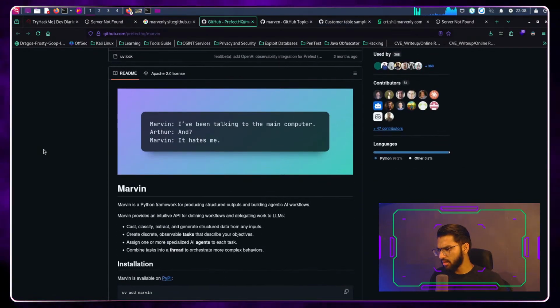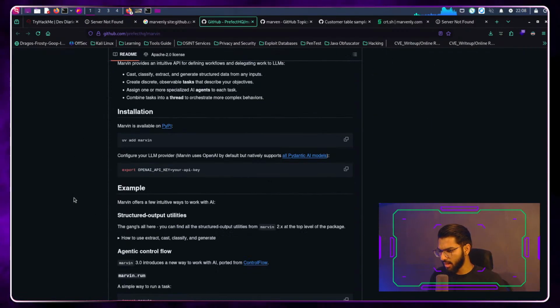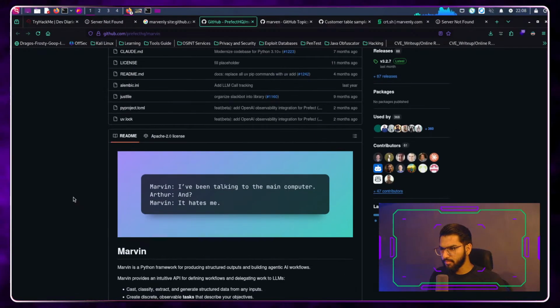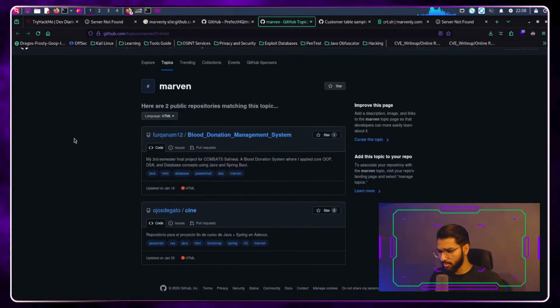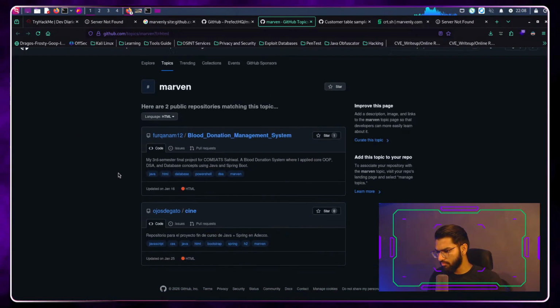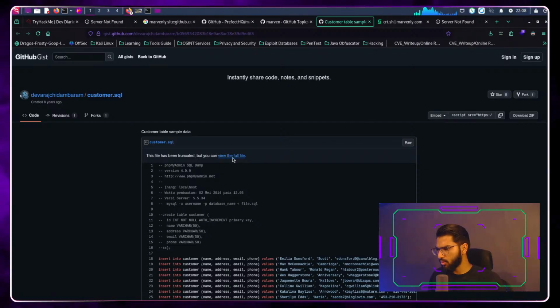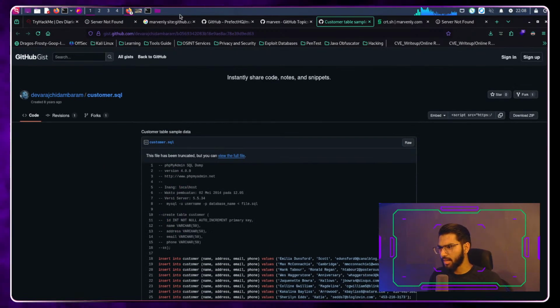It says Marvin, and that is perfect HQ as the username there, which is fine, which is good. What about another repository? Oh, we see one more here. It says Blood Donation Management System. This could be probably from a user. So, okay, let's ignore that also. What about this? No, we don't get it there.